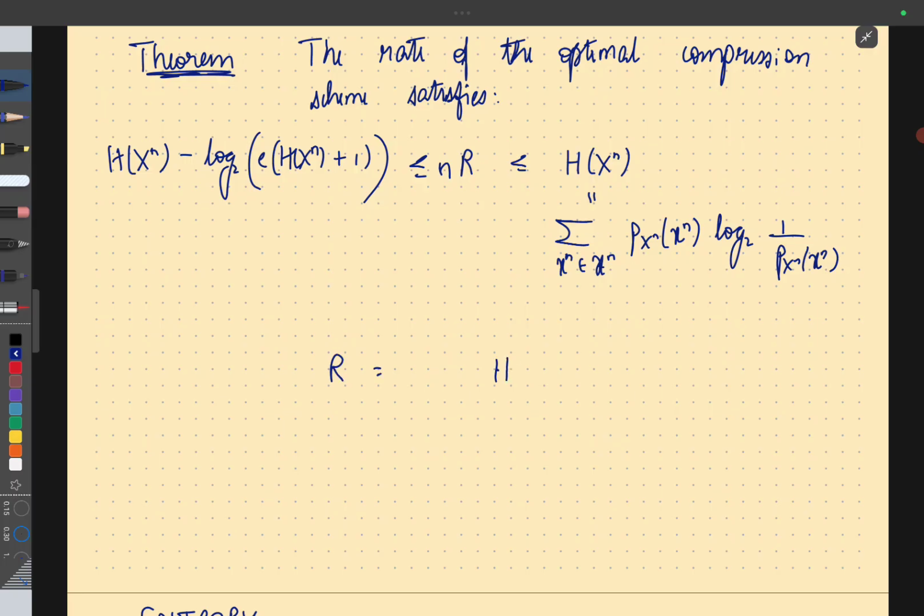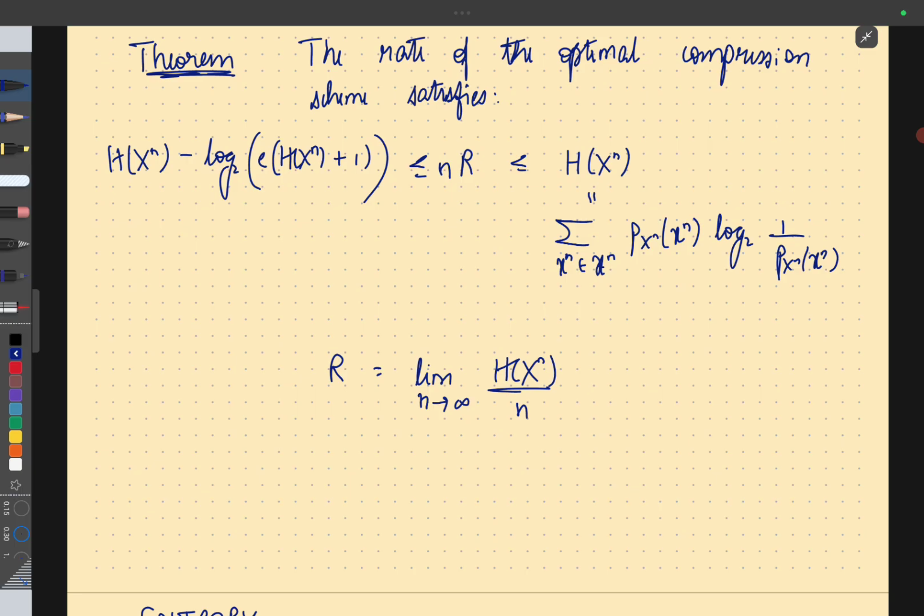The rate is h of xn divided by n, and we'll be interested in the limit as n tending to infinity of h of xn by n. This is the asymptotic rate for a particular source, and we'll be interested in what is the achievable rate. We know that it is equal to h of xn by n, but the question is,